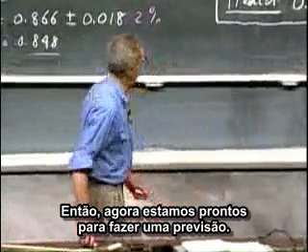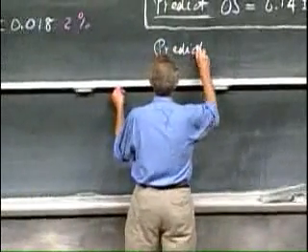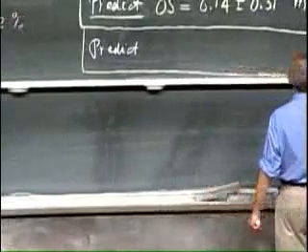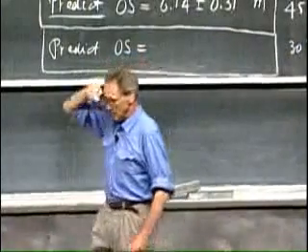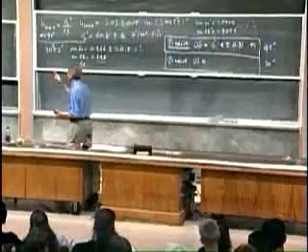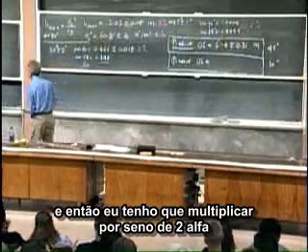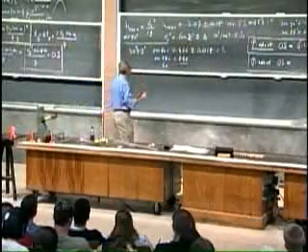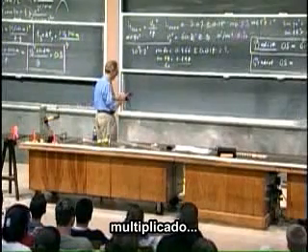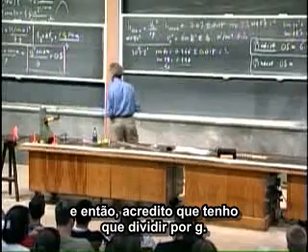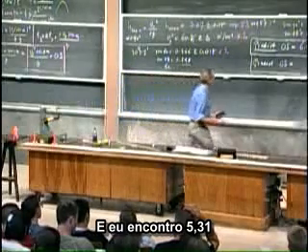So now we're ready to make a prediction. So here comes the prediction, now for 30 degrees. I have to go through V0 squared, I have that, 60.2. And then I have to multiply by the sine of 2 alpha. That is the sine of 60. Multiply. And then I divide by g, 9.8. And I find 5.31